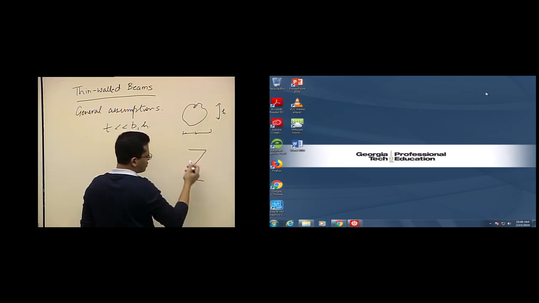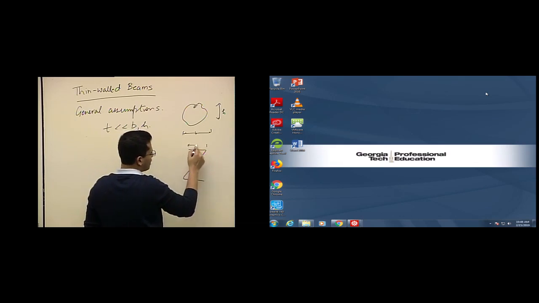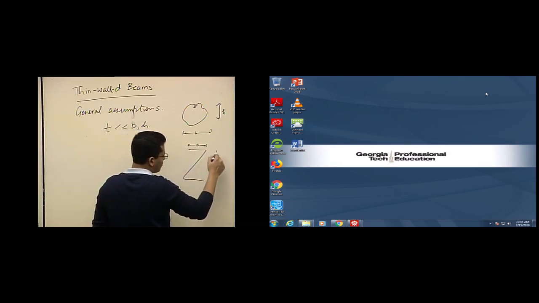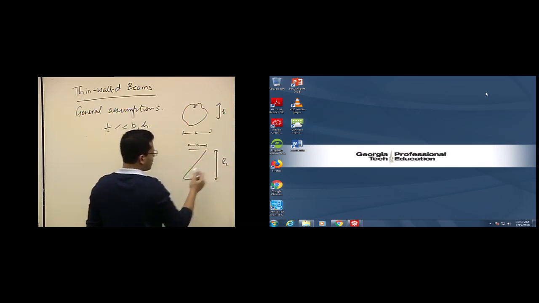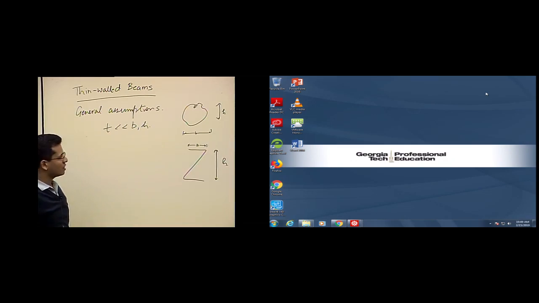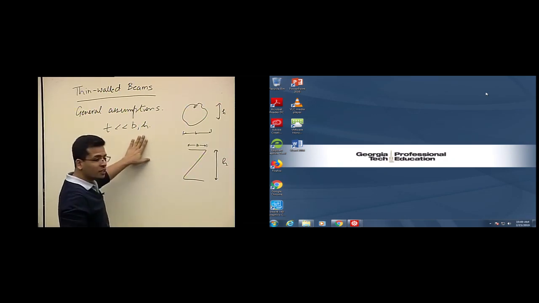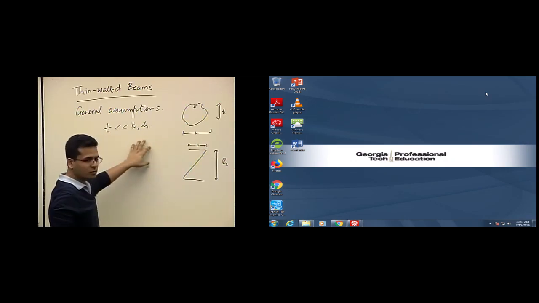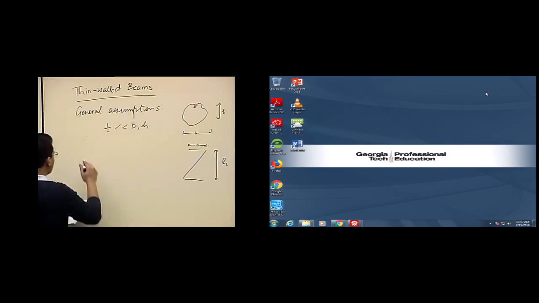When you have a Z section, for example, you define this as B and this as H. So even if the beam is thin walled, there will be two or multiple dimensions which you can associate. So for any given cross-sectional dimension, the thickness should be very small for this assumption, right? So this leads to further assumptions